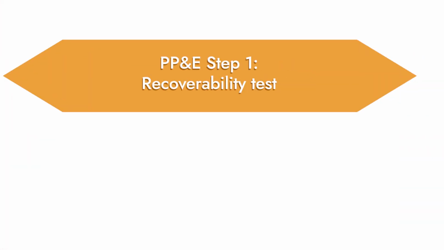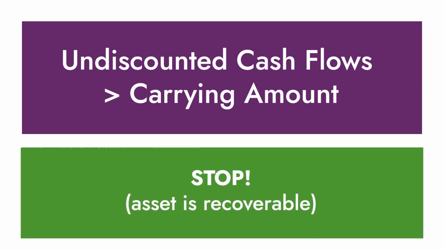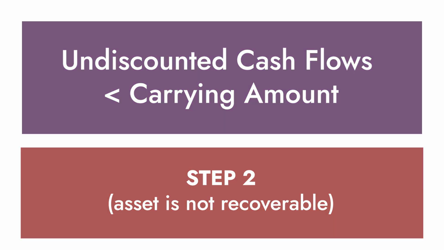impairment. So here is the first step, which is known as the recoverability test. And what a company is going to do is they are going to prepare an undiscounted expected cash flows for the asset or the asset group, and they're going to compare that to its current carrying amount. If those undiscounted cash flows are greater than the carrying amount, well, then there's no impairment. But if those undiscounted cash flows are less than the carrying amount, then a company has to move to step